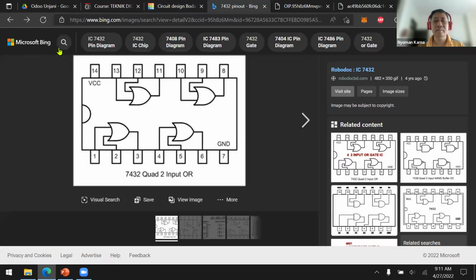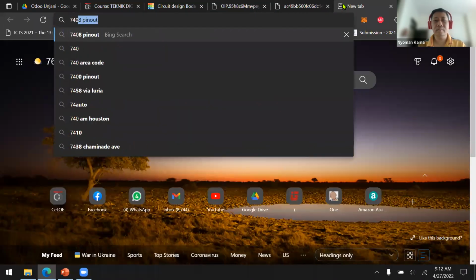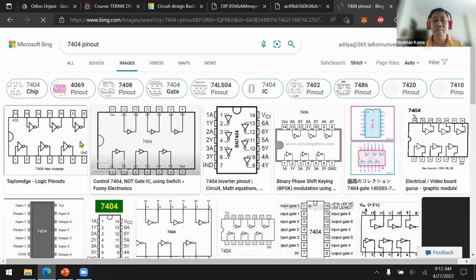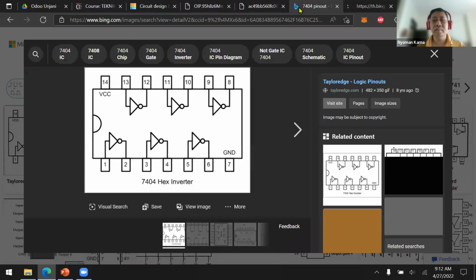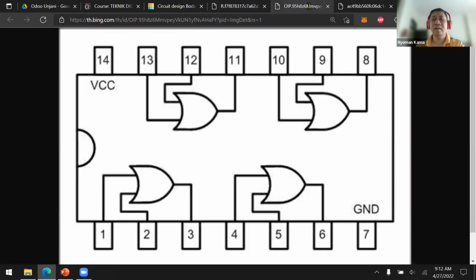And then the last one is 7404. Okay, so we have the inverter, the AND gate, and also the OR gate.